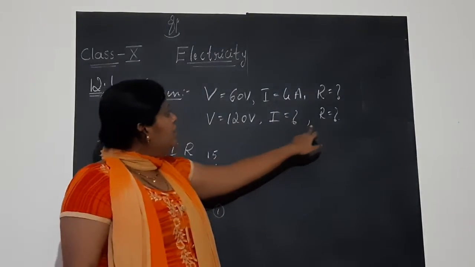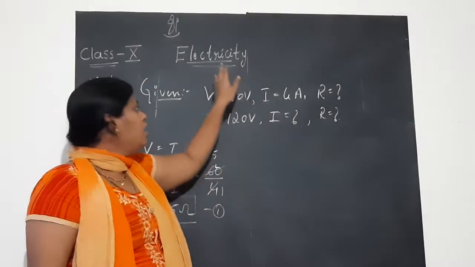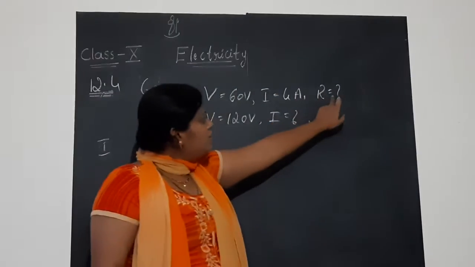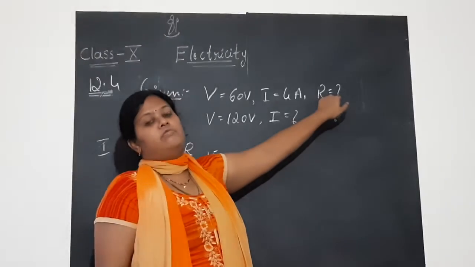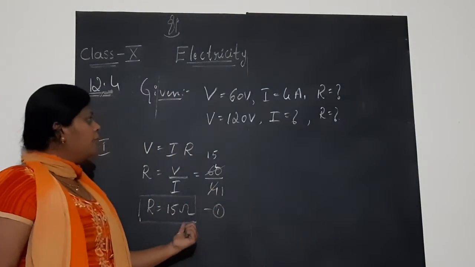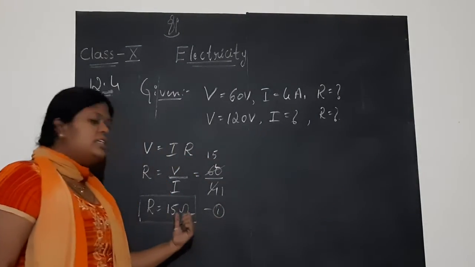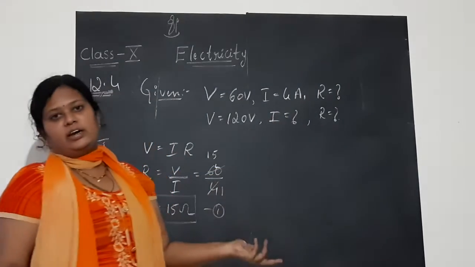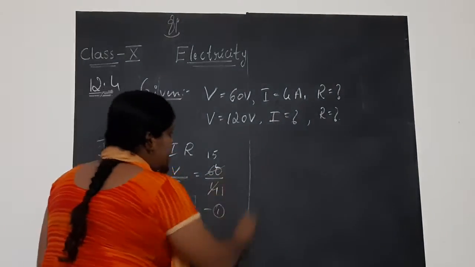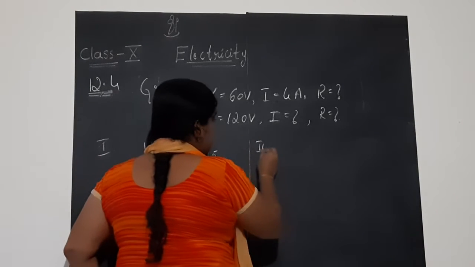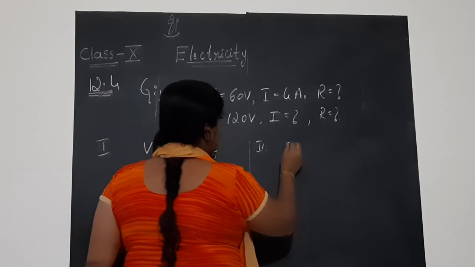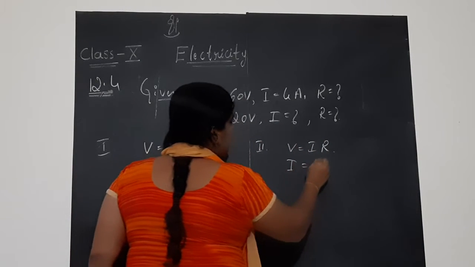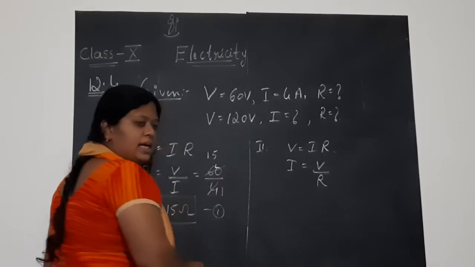So what to do here is, anyhow it is the same electric heater in both the cases, no? So find out the resistance using Ohm's law for the first part. That is what we did now. So the same value of resistance that we got here can be substituted in the second part. Find out the current. Simple. So I hope you have understood how we got 15 ohms. In the second part, same formula, V is equal to IR. Here we need to find out I. So it is V divided by R now.